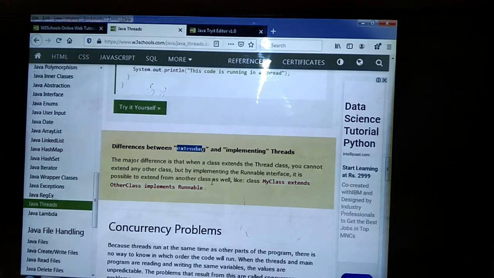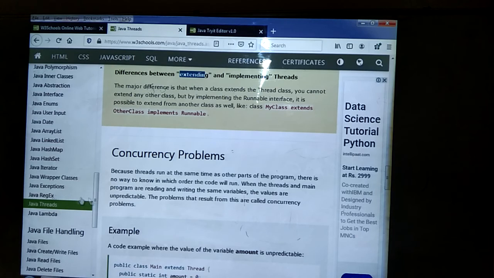If you use implements Runnable, by implementing the Runnable interface it is possible to extend from another class as well, like my class extends other class implements Runnable. We can use other classes also. If you use the extends keyword, we cannot extend other classes. That is the difference between extending and implementing.